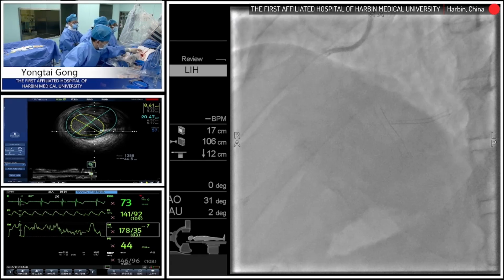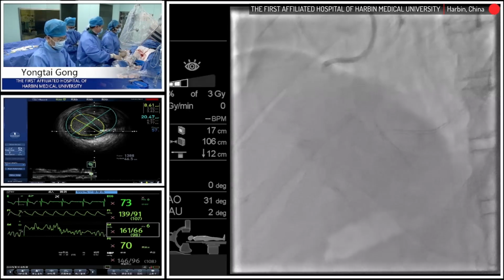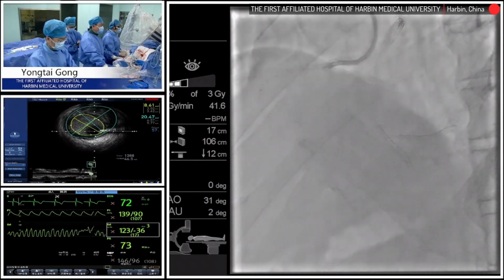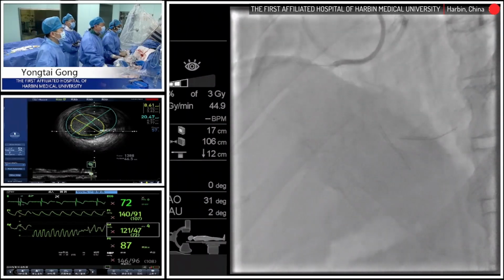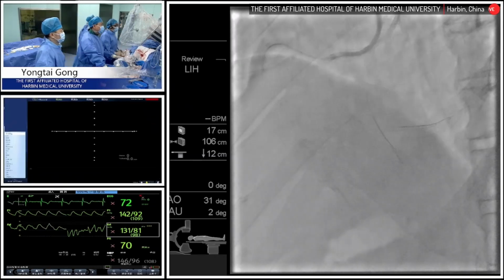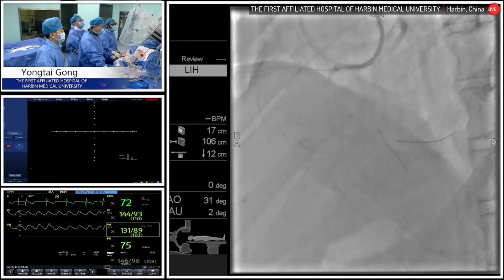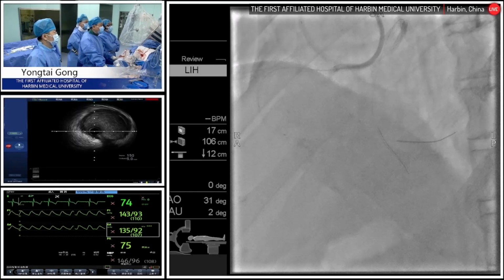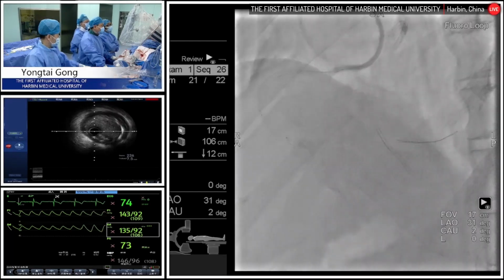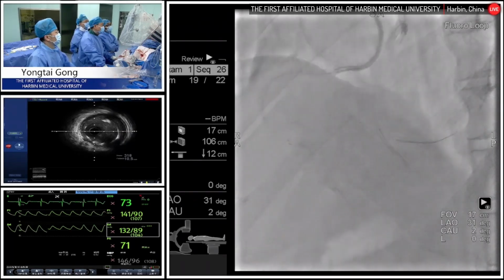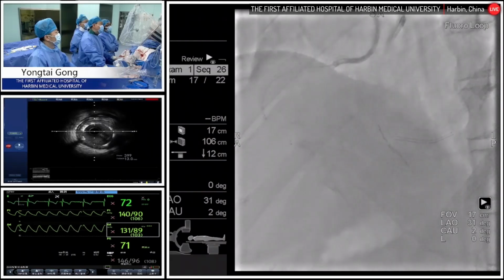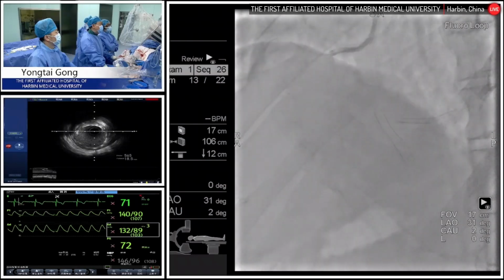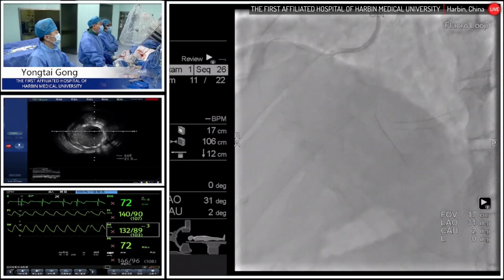Next, we will perform IVUS again to assess the position and the expansion of the stent. Now we are making a pullback to check the stent situation of the RCA. So what atmosphere did you use to open the stent? I think we can, yes, dilate more. I can check later. Maybe the vessel seems to be relatively larger compared to 3.5